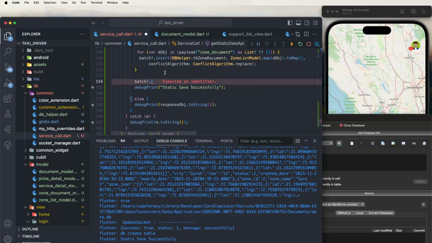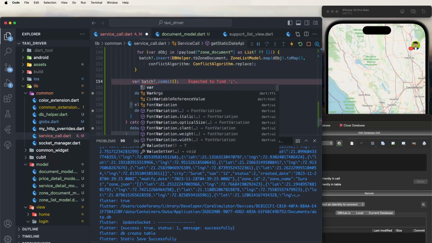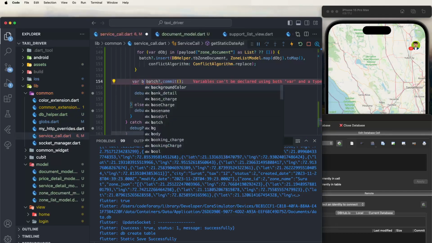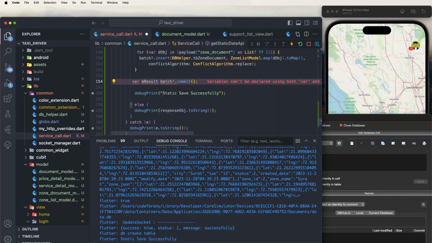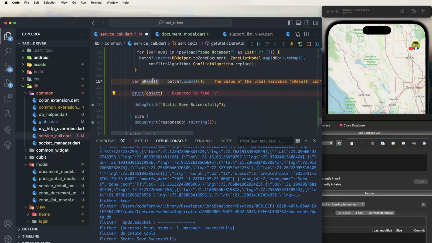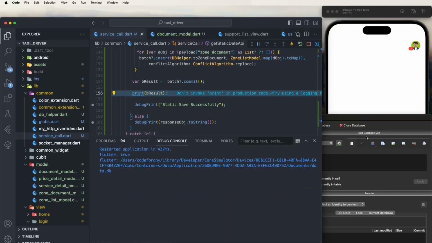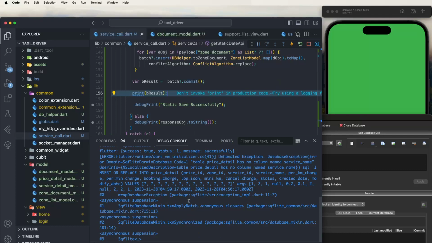Not executes, need to write down here the commits and to print this here the results. Batch b result is equal to like this and to print this here this b results. Save this here like this. Now restart this here again and to get this here